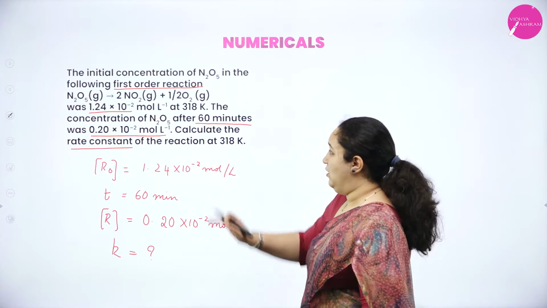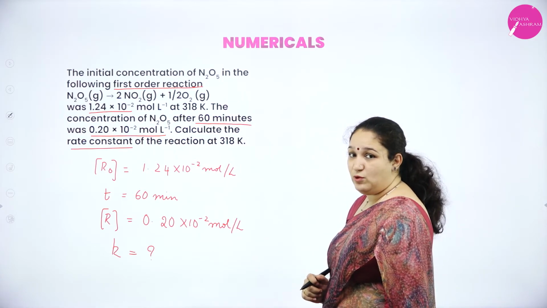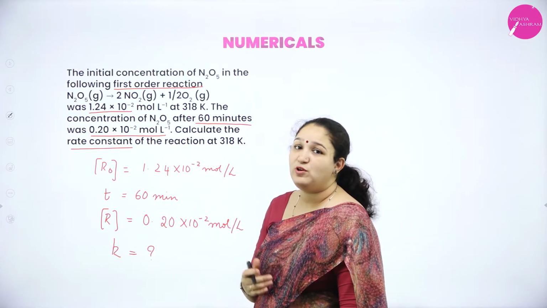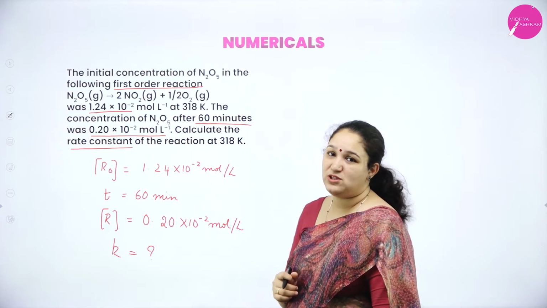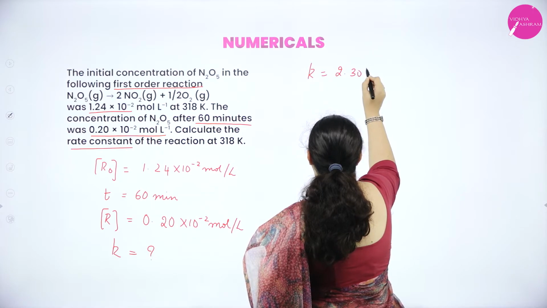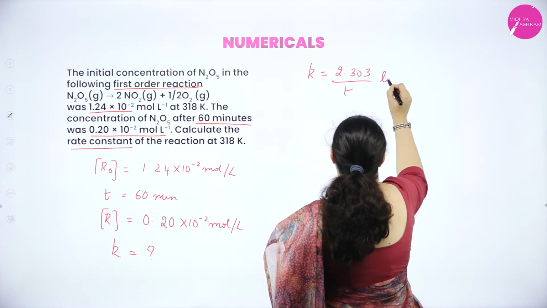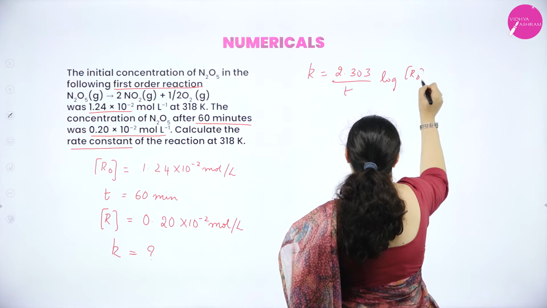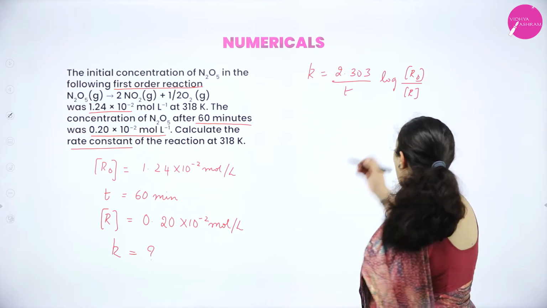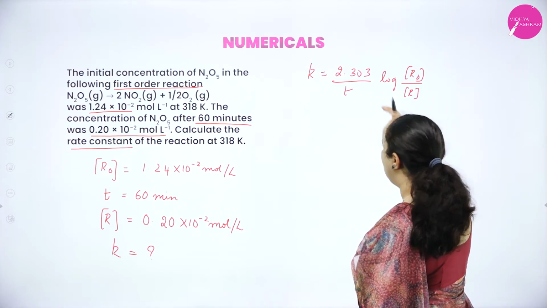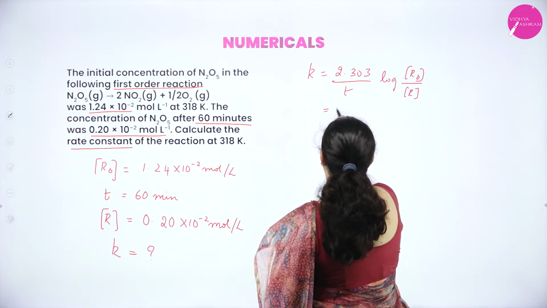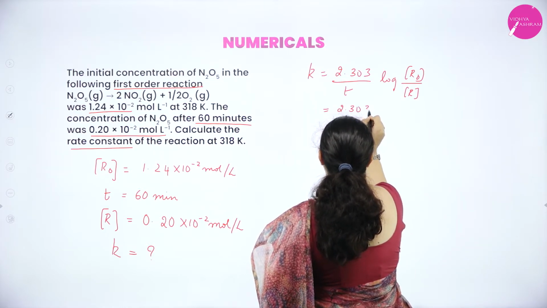Okay. Now, first order reaction they have told, very clear, you have to calculate what? Rate constant. So you have to use the integrated rate equation. So K is equal to 2.303 by T log of R naught by R. So this is the integrated rate equation. I know R naught value, I know R value, I know T value. So I can solve this problem, isn't it? It's quite easy provided you know how to use the log book.